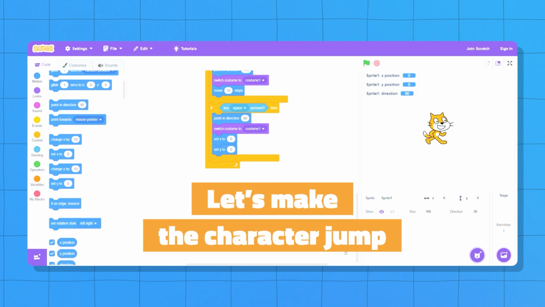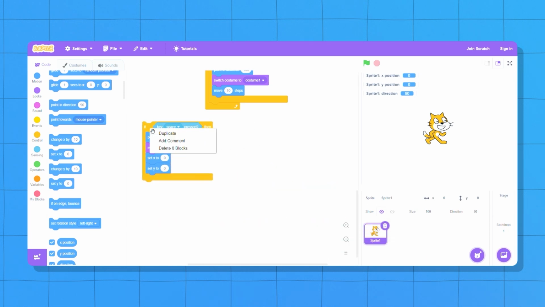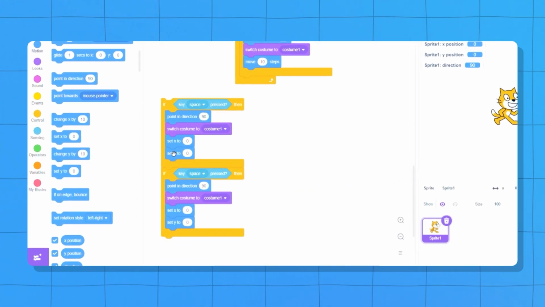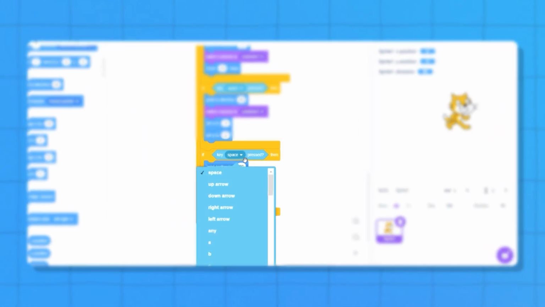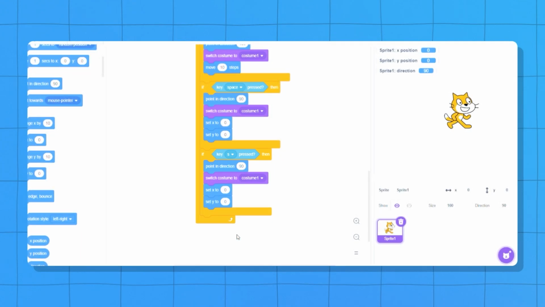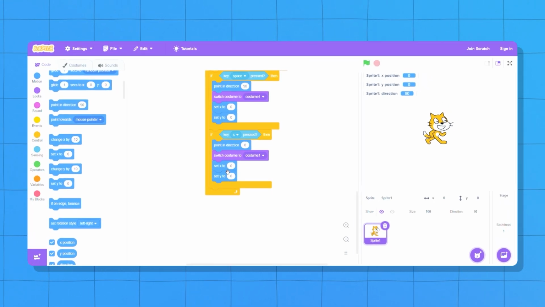To make the character jump, duplicate the set of blocks inserted inside if. Reposition both within the forever loop block. Edit the key pressed block by selecting S from the drop-down menu. Click in the point in direction block and move the dial to 0. In Motion, delete the Move 10 steps block and replace it with Change Y by and enter the value 50